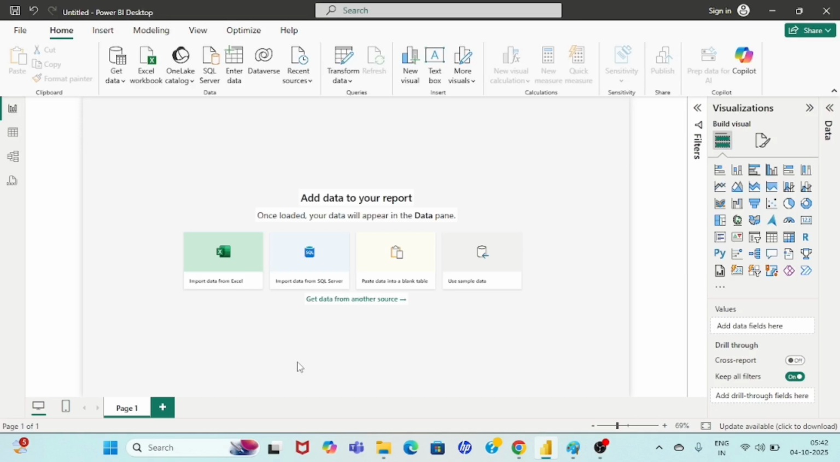Hi everyone. So today our agenda is to build an FMCG sales performance dashboard. So let's import the data. First, I have created the data set for this particular project, FMCG Sales Performance project, and let's import that data